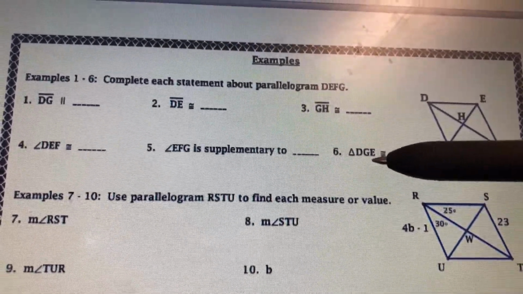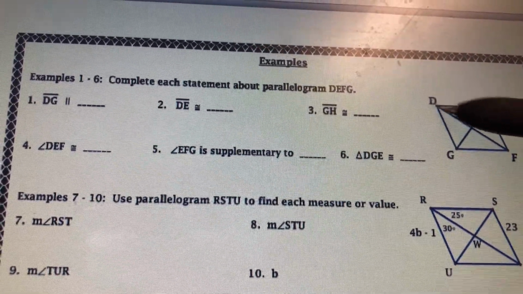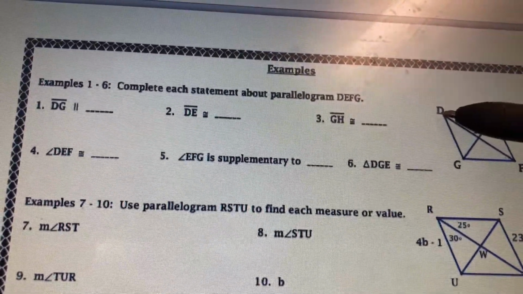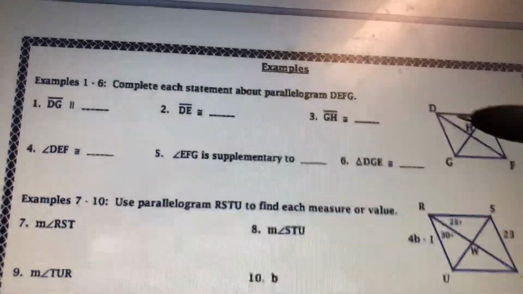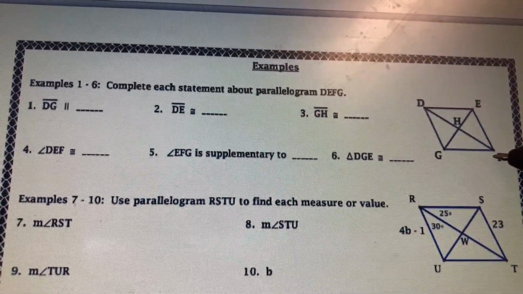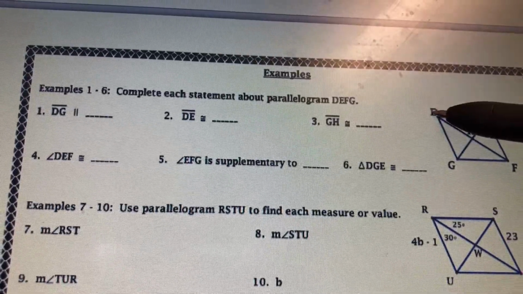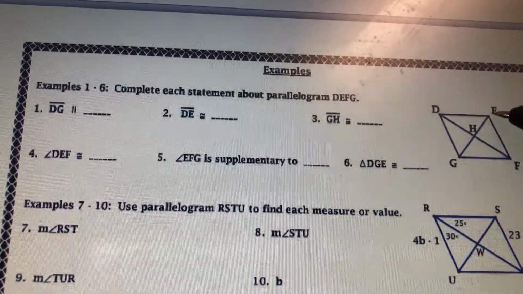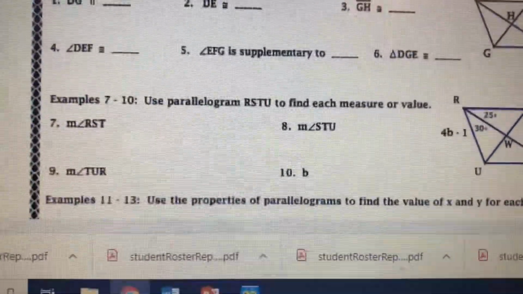And then the last one, triangle DGE, is congruent to. So we have triangle DGE. Okay, so we have to find the triangle that's going to match DGE. So we know that DG is congruent to EF. So we're going to have to say EFD, because it's the exact opposite of DGE. Okay, so EFD would be that triangle that's congruent. And then down below,